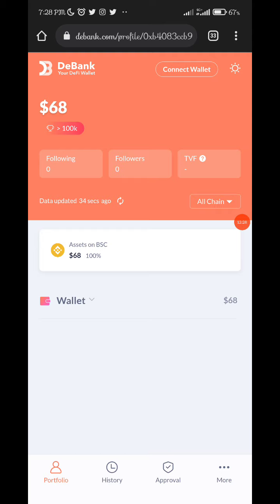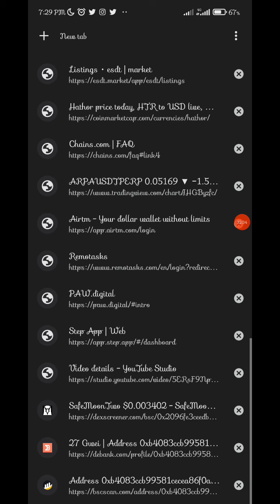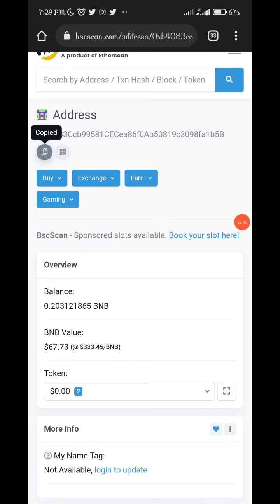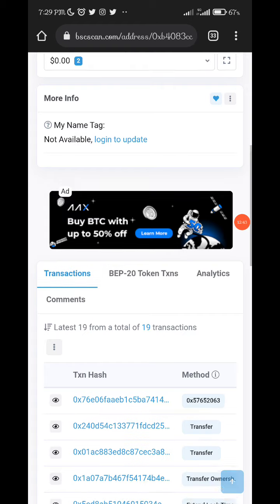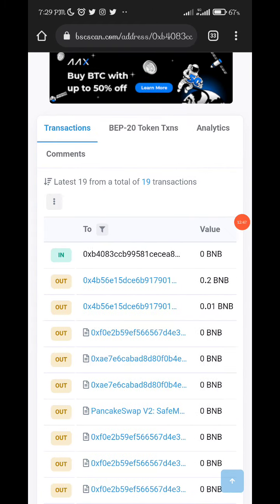The previous wallet you saw me show, it's the liquidity wallet of the project. You can also decide to follow that kind of wallet as well. You can follow everything about the project. You can follow so that you can know if he decides to change. For example, now you can come here, check the transactions he has done on the wallet. You can see